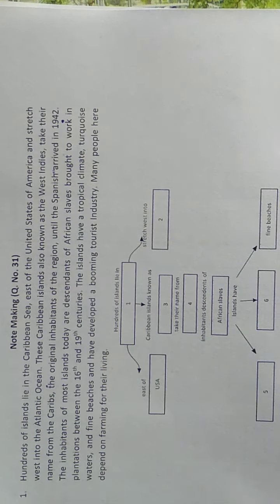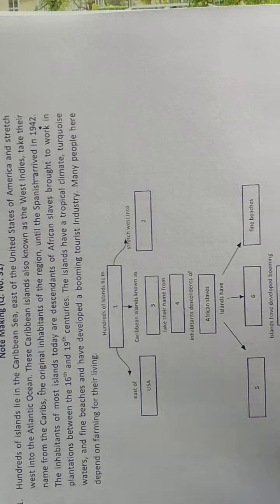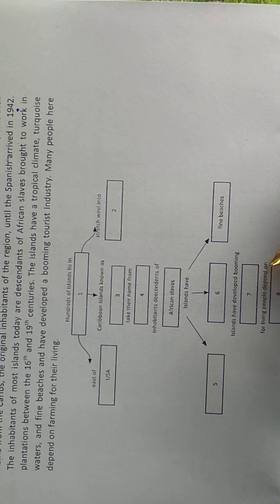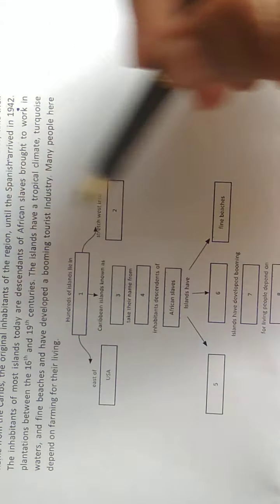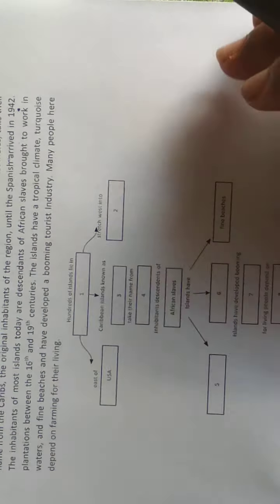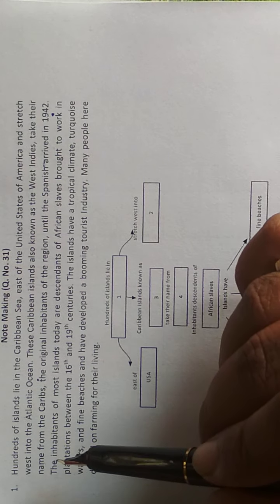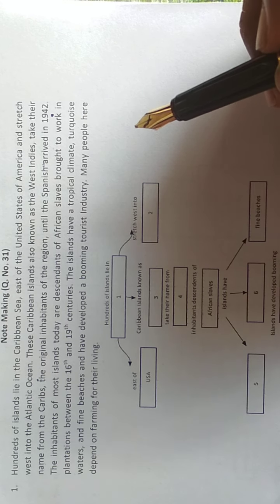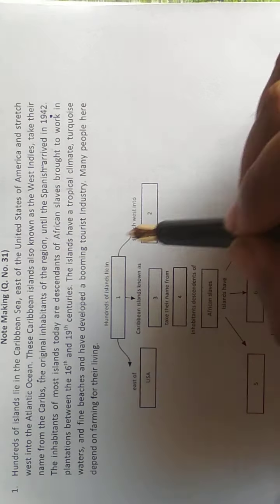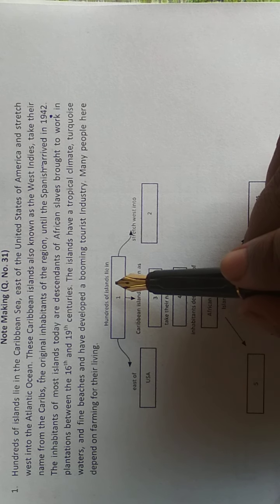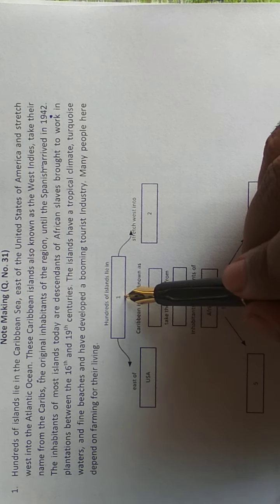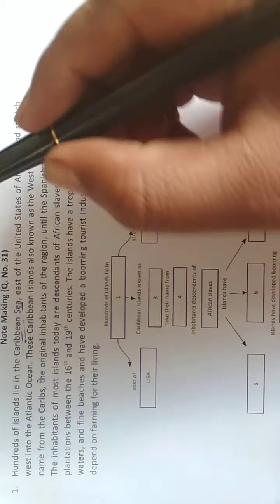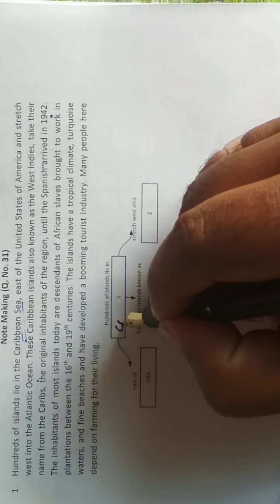So in this way, they will give you a paragraph in your examination, and those paragraphs will be followed by a graph with 8 fill in the blanks. You cannot see it at this moment, but there are 8 boxes. So you have to read these paragraphs and fill in the boxes wherever they are necessary. For example, let us take the first one. Hundreds of islands lie in what? In number 1, hundreds of islands lie in the Caribbean Sea. So you have to write here Caribbean